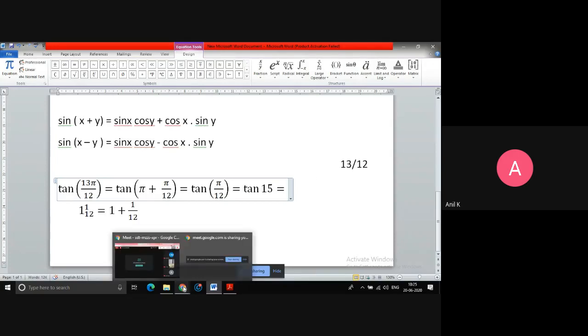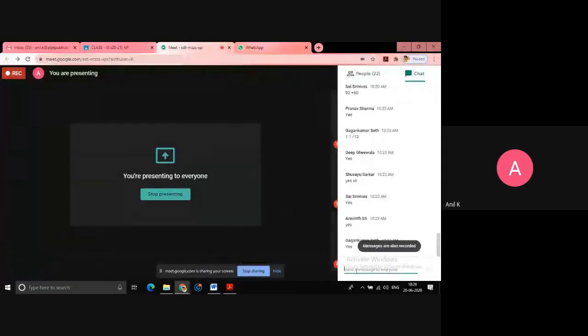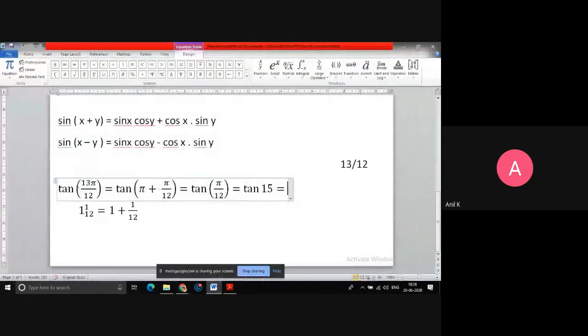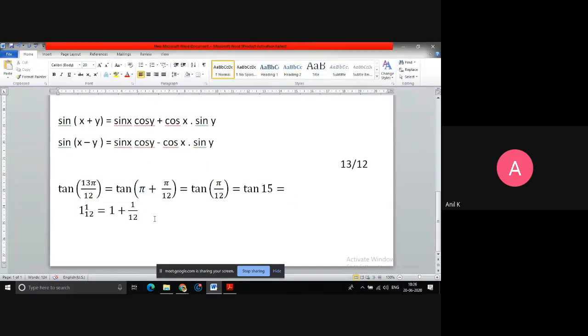Is it clear? How to convert into mixed fractions and then how to convert into a fraction in terms of pi? I think most of them get stuck on this only. How do I convert? Another way is, you know, the pi value is 180. So 180 upon 12 is going to be 15. So 13 into 15 you multiply, 13 times 15 is, then you can write it. Sometimes it will be critical, I think the mixed fraction will work properly.